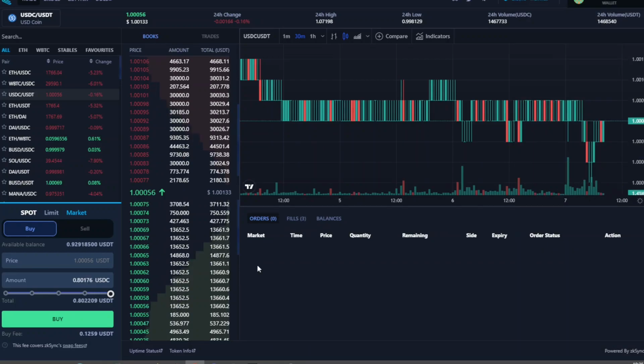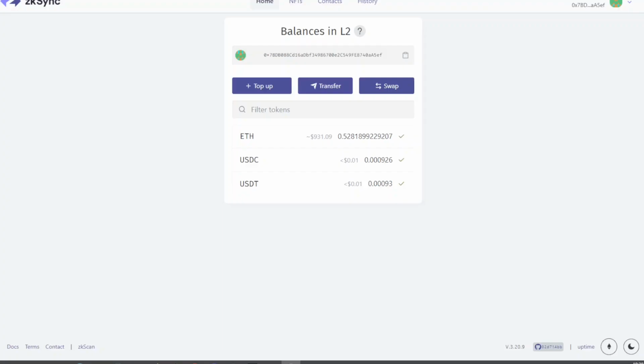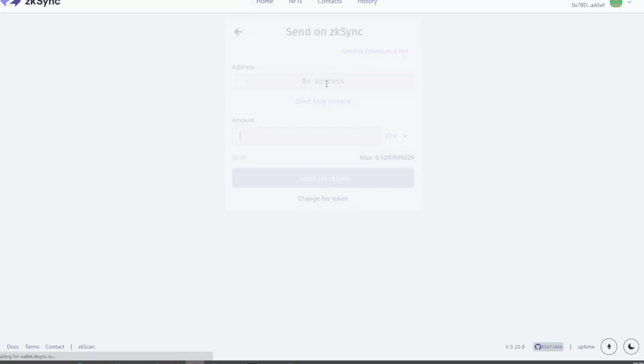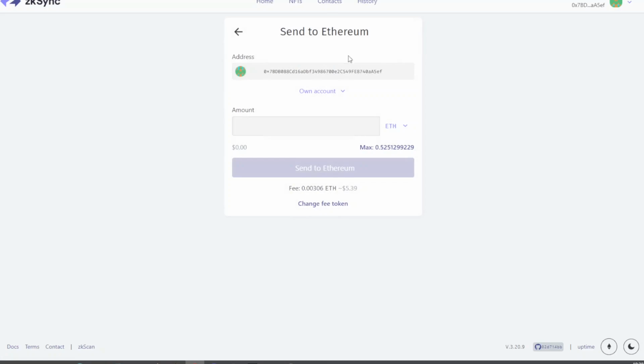And there we go. So the idea is just to build up a nice amount of volume with a nice amount of transactions so that you make sure your wallet does qualify for the airdrop. So once you're finished and you've made enough transactions and enough overall trading volume, then you want to jump back onto this page and go into transfer and send back to Ethereum layer 1,